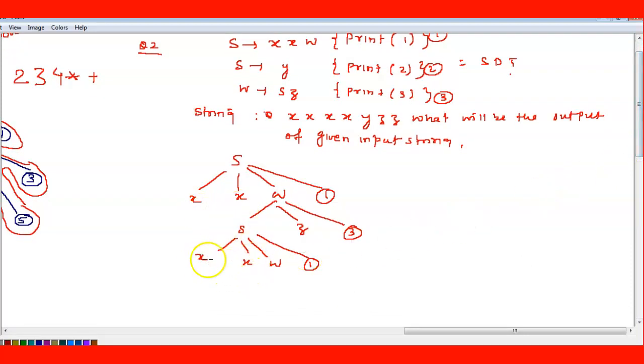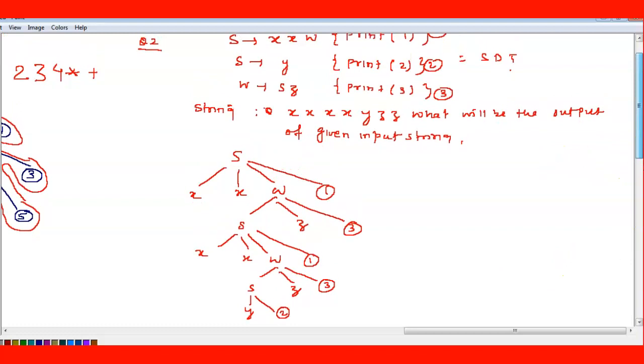Now 1, 2, 3, 4, X is over, this W gives Y only, right? Then S Z we can take, so another Z is also required, so we write S and Z. S will give Y, rule number 2, and here Z we already got, so Y, and this is 2, right?